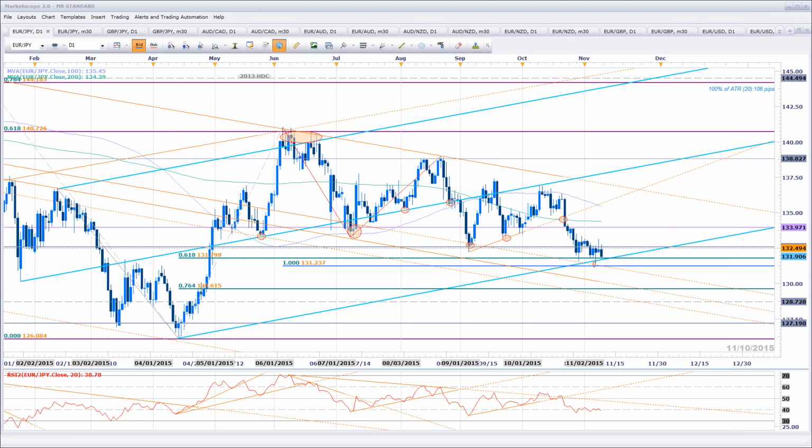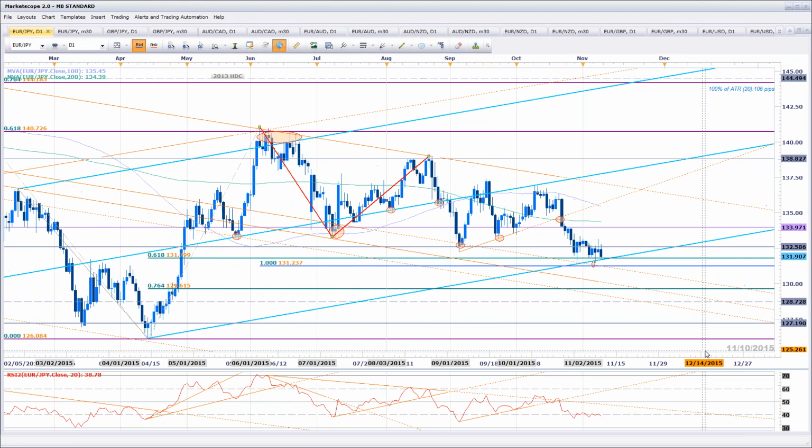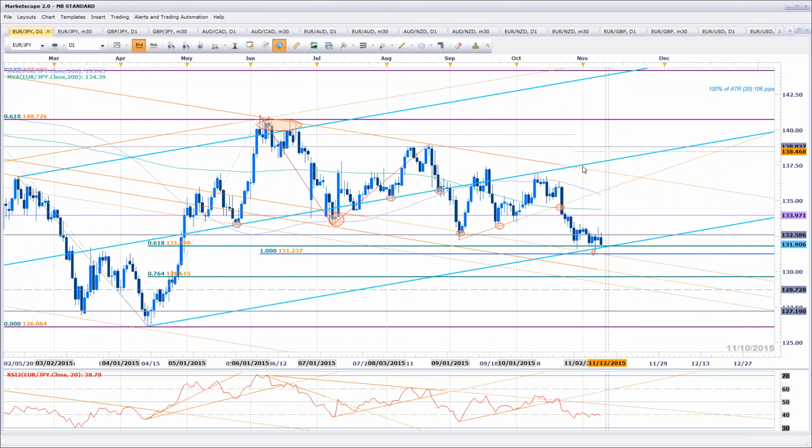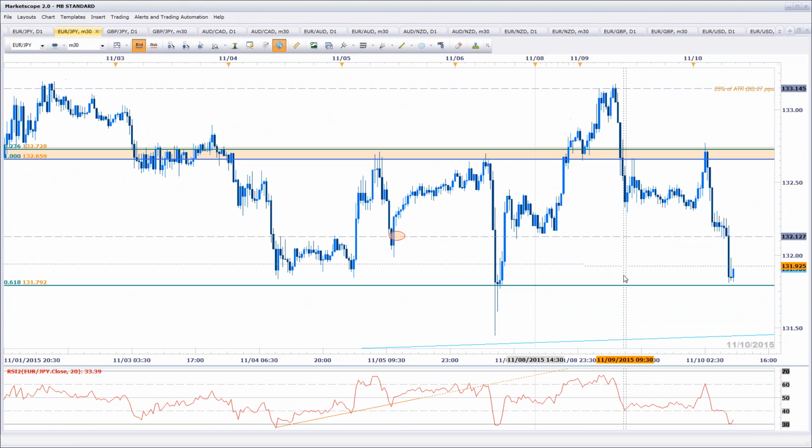I'm just looking at Jamie's trade right there. 131.20 is where he has a stop, so that makes perfect sense. The 100% extension comes at 131.23. So I do like it. If we look at this on the 30-minute,